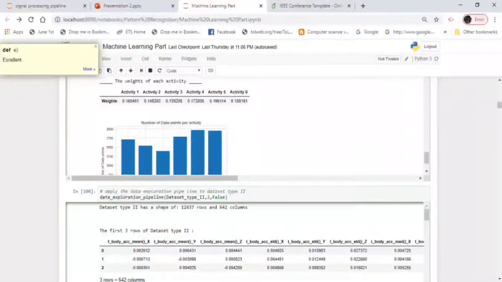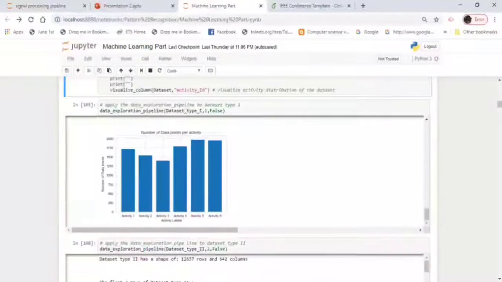As you can see, dataset type 1 contains only basic activities. One is the static activities, the other is the dynamic activities, a total of 6 activities, and it is shown here. We can observe from the bar graph that the data is slightly unbalanced. Okay, not too much unbalanced, but we can see that the heights of the bars are almost the same.